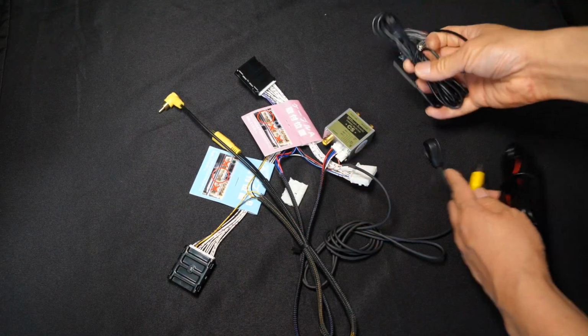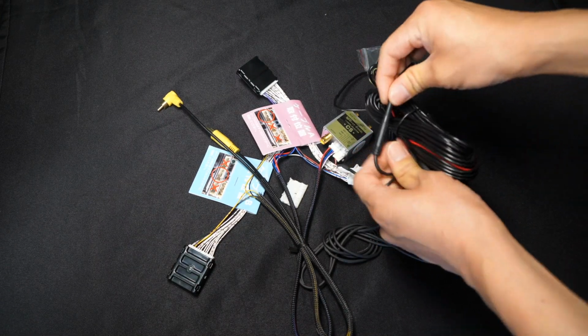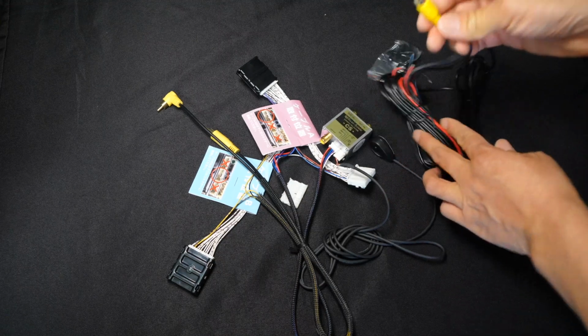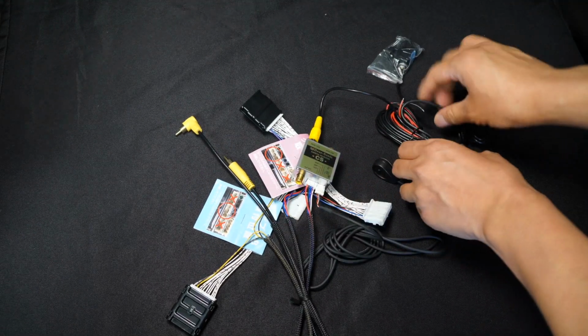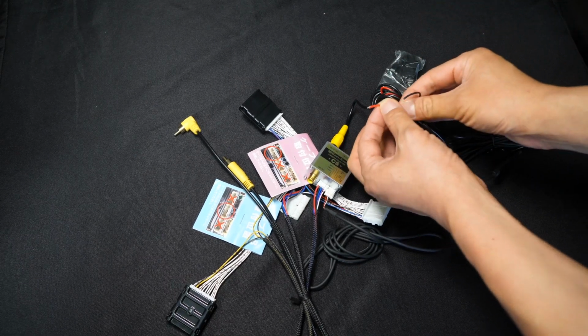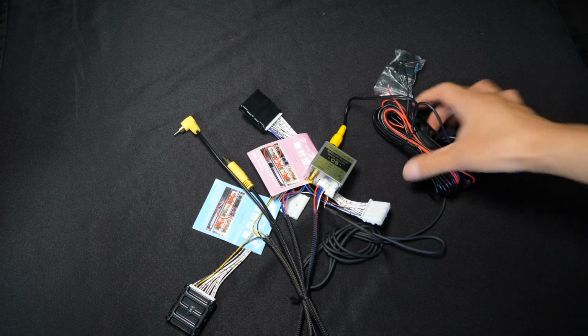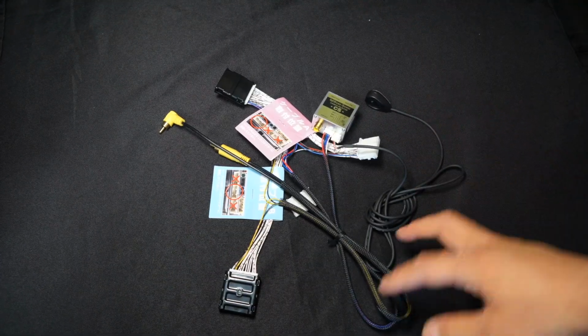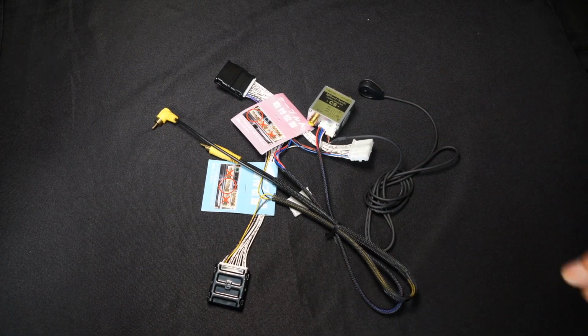And how this is connected is you'll use this connector here, connects easily. And then the RCA will connect to the front cam, just like that. And then the red wire, go ahead and connect to the power accessory. And the black wire is just going to be for ground. Okay, now that I went over the contents, go ahead and go inside the vehicle and get started on the